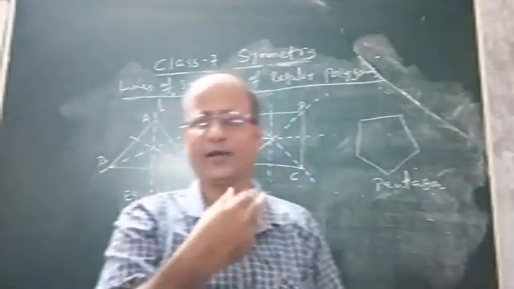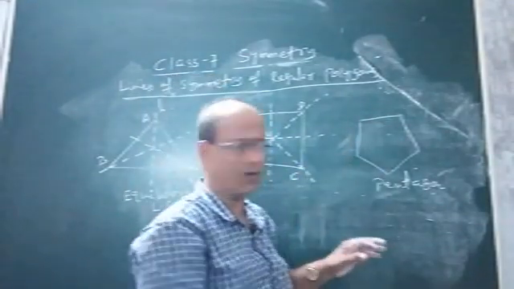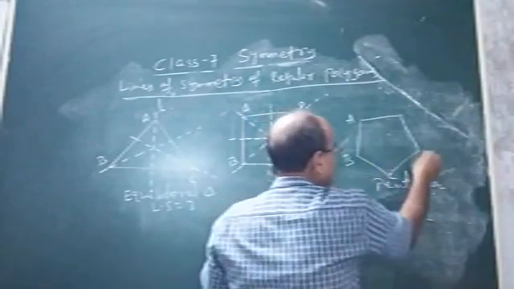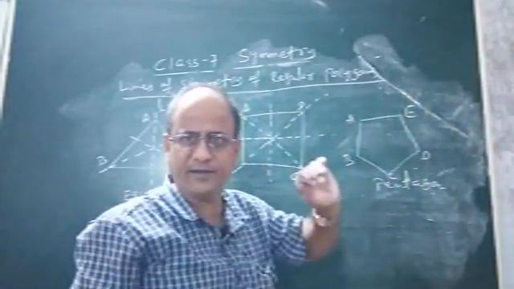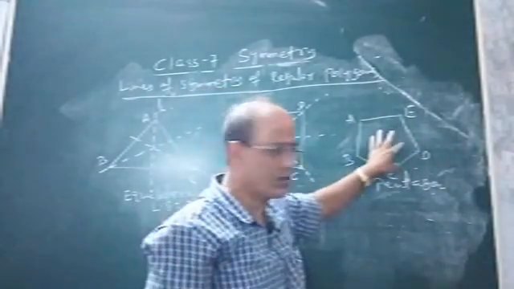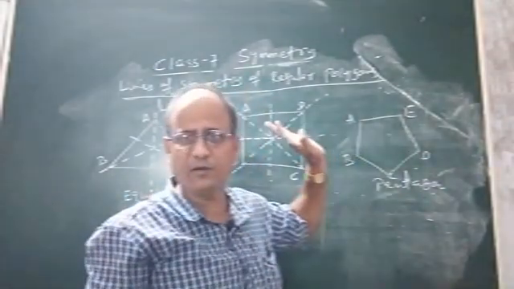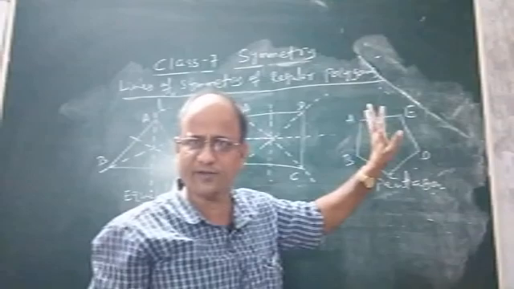Now this is the concept of polygon. Then what is a regular polygon? Let us understand. Suppose this is a pentagon. Let us name it A, B, C, D, E. Since it contains 5 sides, it is a closed curve bounded by 5 line segments. So no doubt it is a polygon, and the name of the polygon is pentagon, because it contains 5 sides.